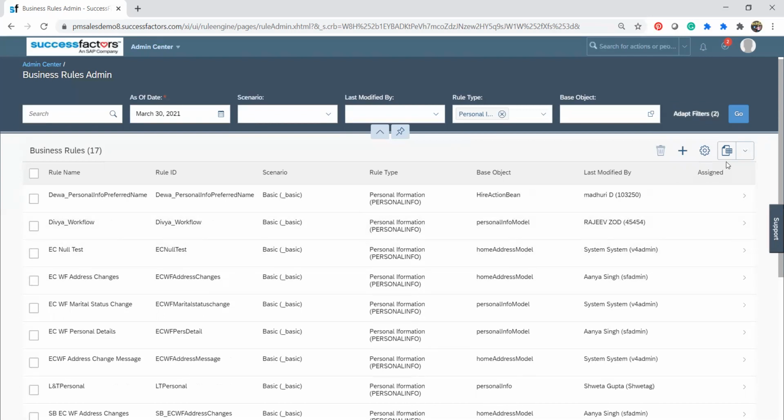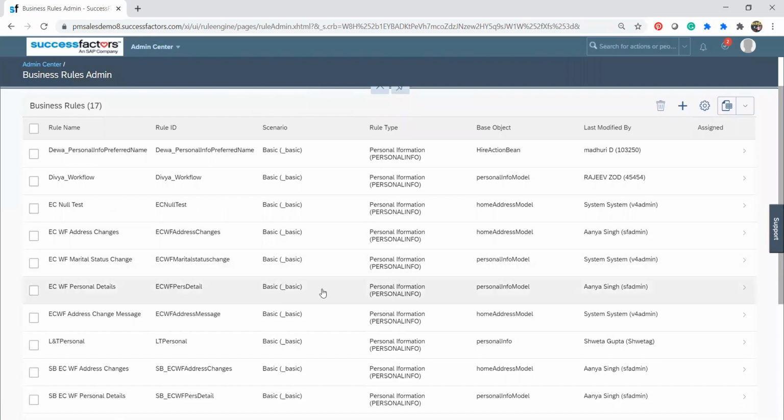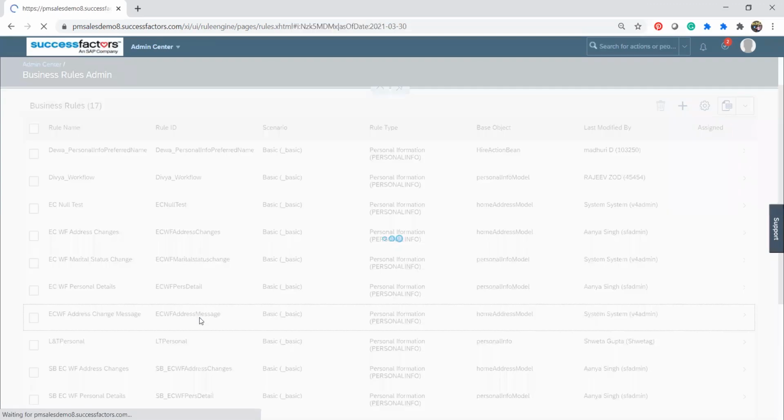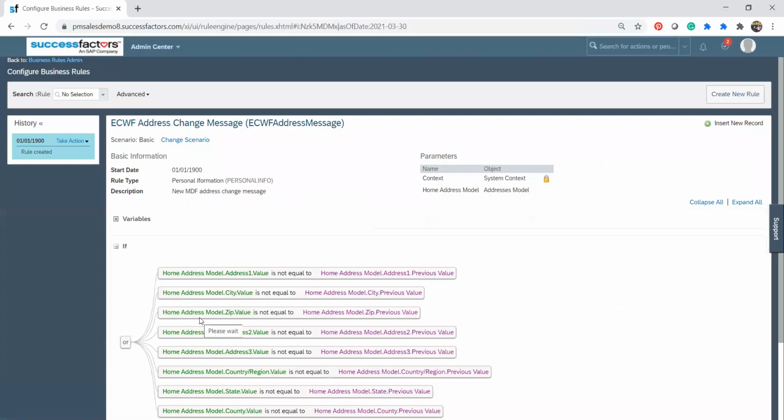So before we go into the thing, I'll just show you a small example we'll start with. So first of all, let's say there is an address change. Suppose there is any address change, there should be an alert. So let me open that business rule. Okay, so let's say this is my business rule, which has already been created, and